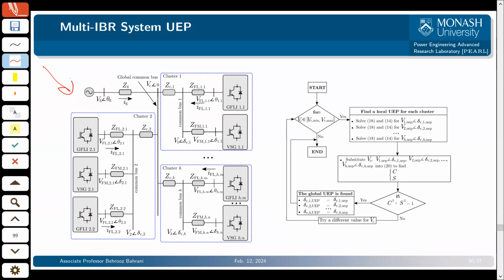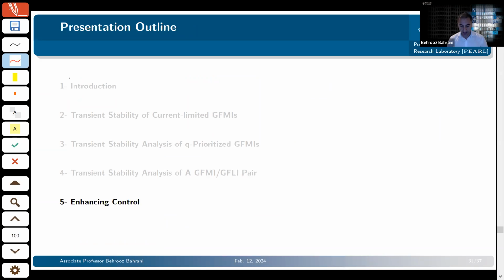In 5 minutes. So what we've done so far in this system, we determined where the UEP and SEP are. I'm not going to go through the details. I just want to put this slide here, and that publication is not out yet, but hopefully it will be published very soon. And you can see how you can determine the distance between UEP and SEP in a large system as well. Now we are working on mesh networks because this is radial, and we're hoping to go to a mesh network as well.